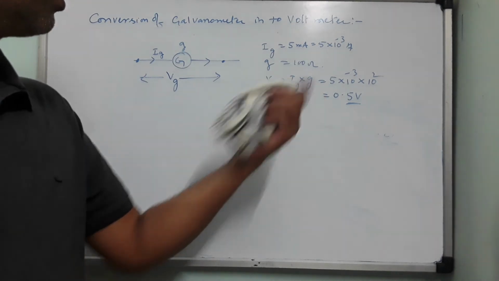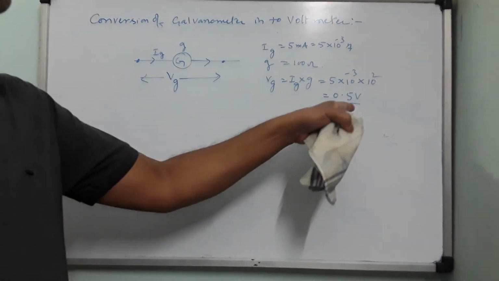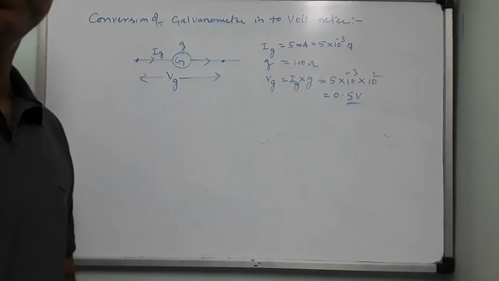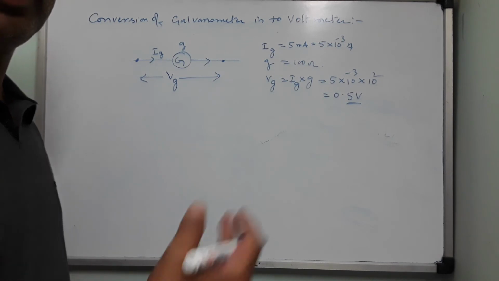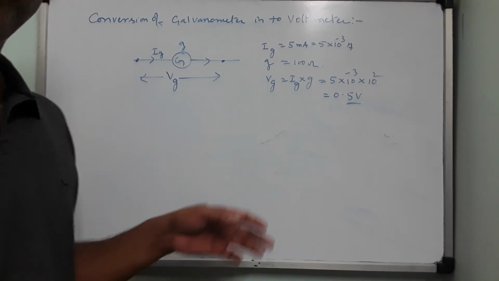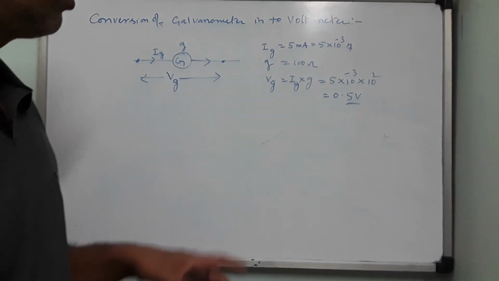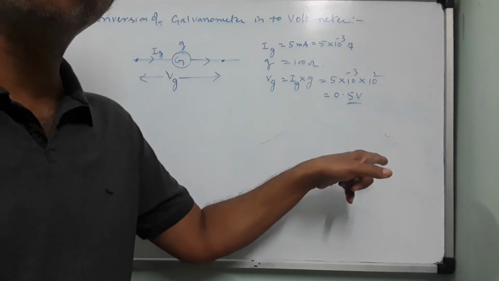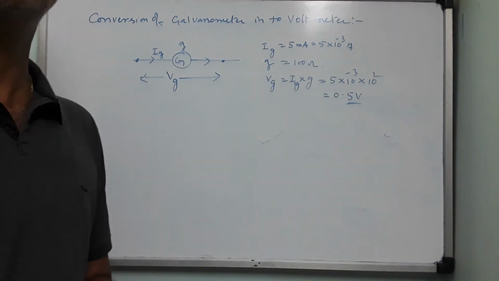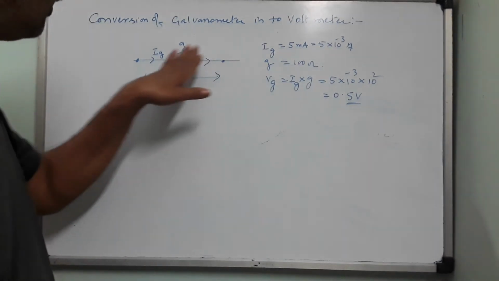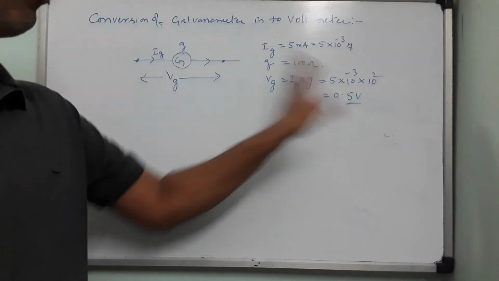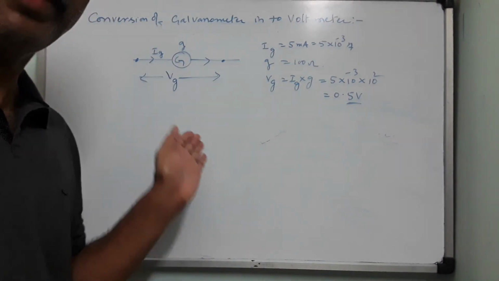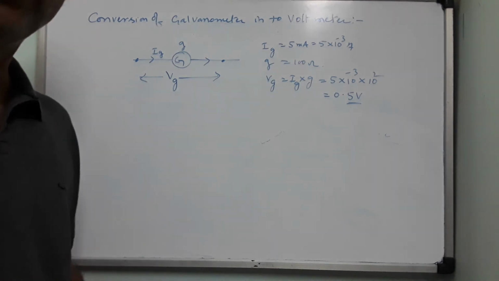This voltage and voltages less than this are of no use as far as practical applications in the lab are concerned. 1 volt, 2 volt, 3 volt, 4 volt, 5 volt, 10 volt, 12 volt, like that only we will be measuring, whether it is AC or DC. So now I want this meter, which was simply measuring 0.5 volt, to measure 5 volt. In this condition, it can never measure 5 volt. It can measure hardly 0.5 volt and less. So I want to make it a meter that can measure a 5 volt potential difference.